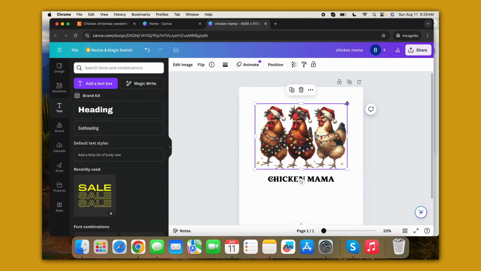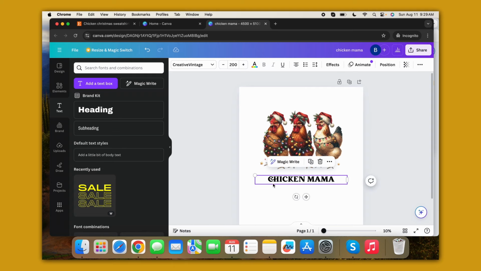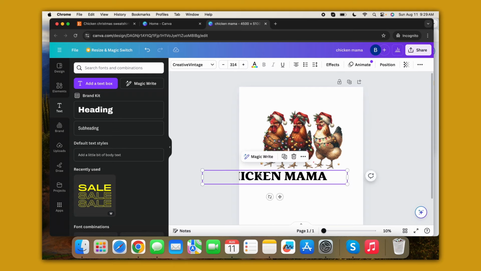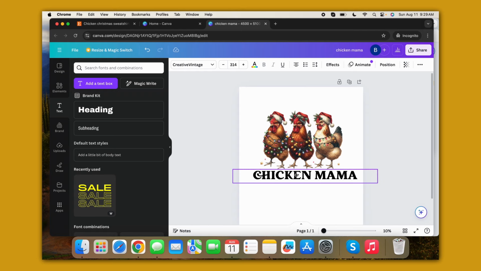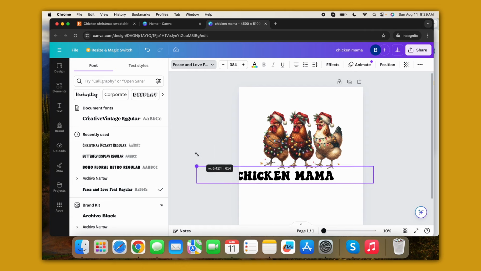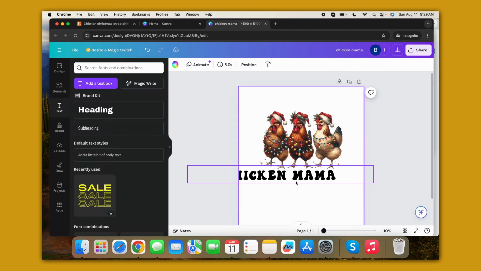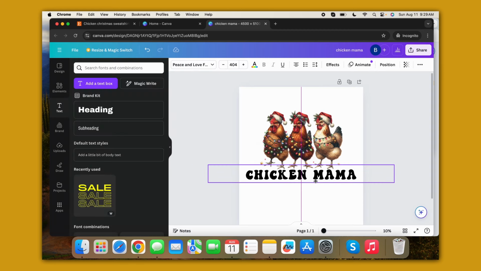So we can do something like that, and then we can make this a little bigger, right? Or let's see if I want to use a retro font. Well, I like that one too. Let's create a little bit of letter spacing,